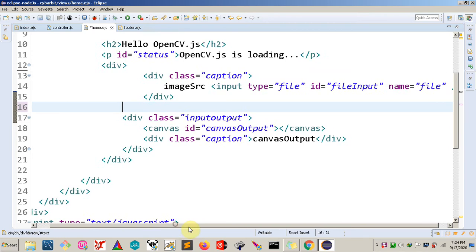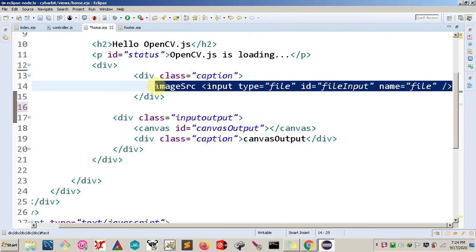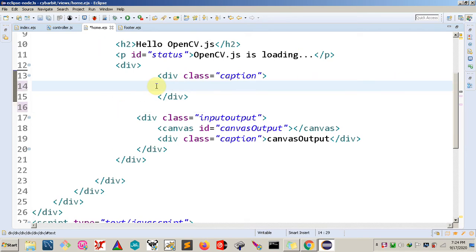And we also do not need this file. Instead, I'll define a video tag. So make sure to add a message in case your browser doesn't support the video tag. So I'm going to give it an ID, and I'll give it a name, camInput,